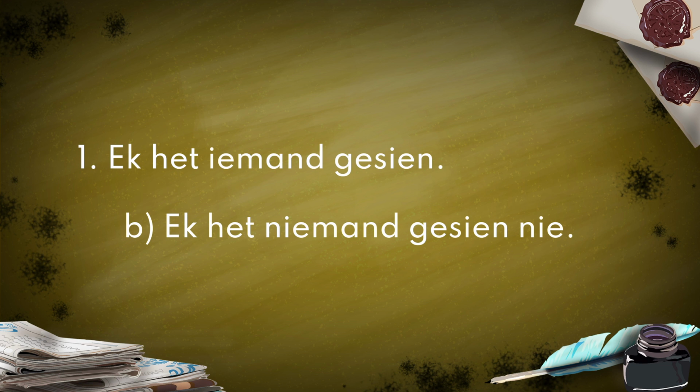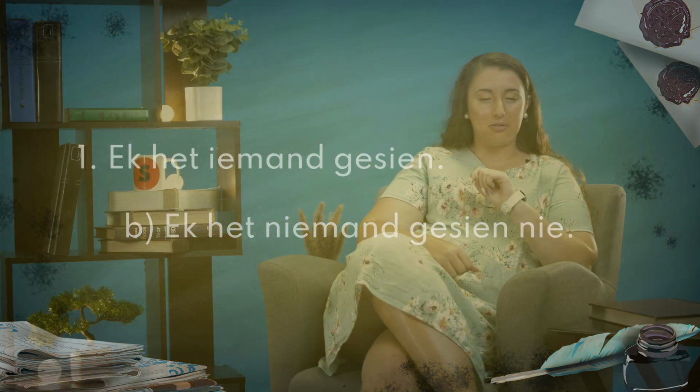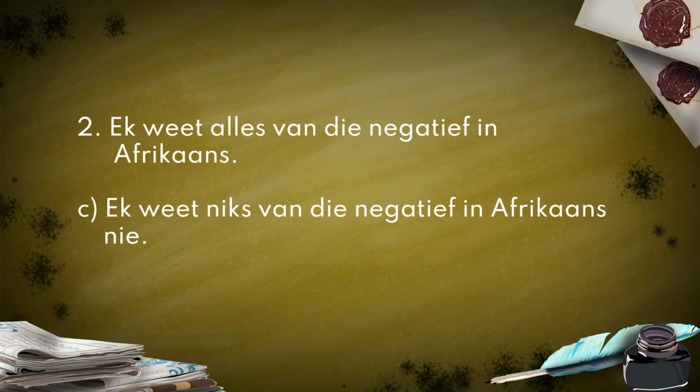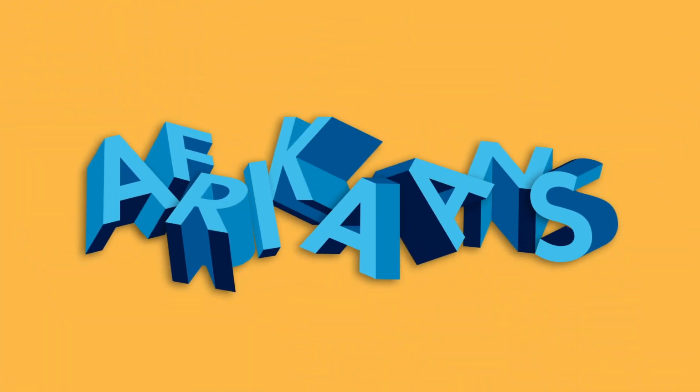What was your answer to the first question? Yes, B. A sounds correct, but grammatically it's not the most accurate. Remember, your teacher wants to see if you recognize these unique words. Question 2, you should have recognized the word alles and immediately highlighted it. Alles changes to niks and adds the second nie at the end. Voila! You can now negative in Afrikaans.